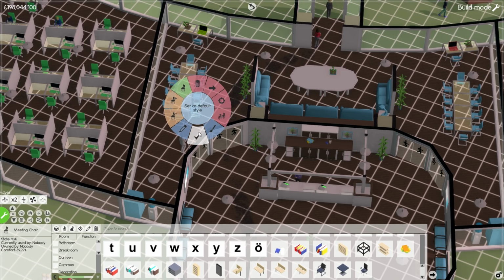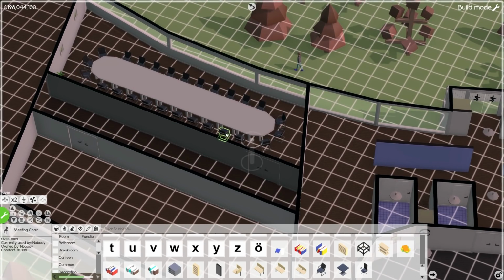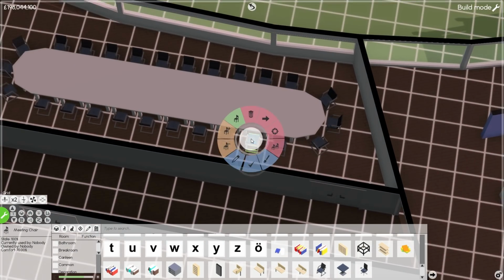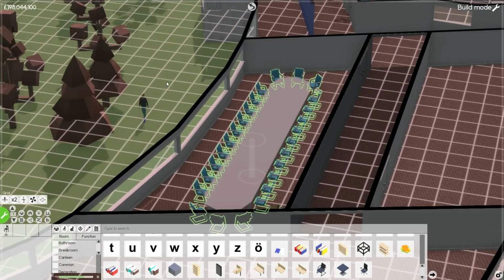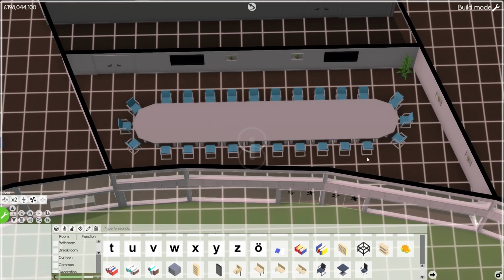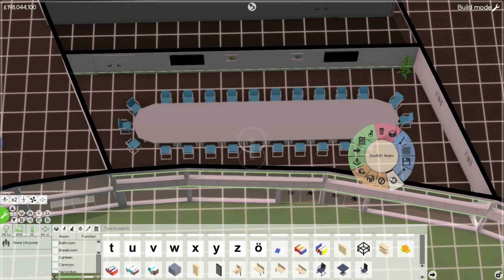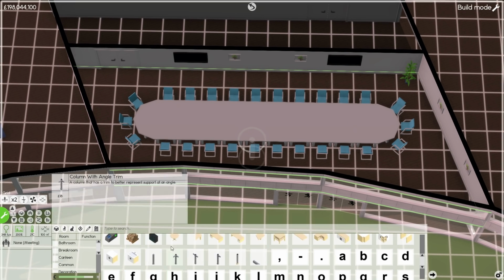Set as default style? Actually, yeah, let's do that. Can I then set these to the default style? Oh, there we go. That makes things so much easier. So select all of those and reset to default style. That's perfect. Yeah, that's so much better. Okay. Let's just set this as meeting only. And then let's get back to my